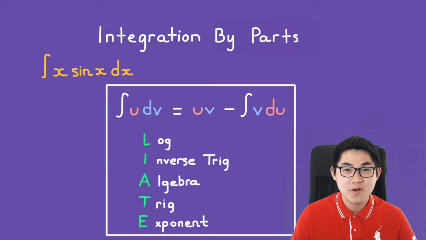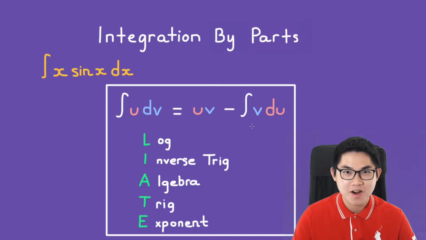The formula for integration by parts is this. So it's the integral of u dv is equal to u times v minus the integral of v times du. And don't worry, I know this looks intimidating, but I'm going to show you how to use it and where